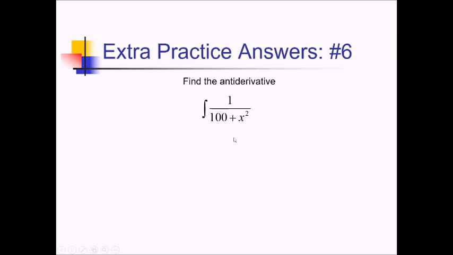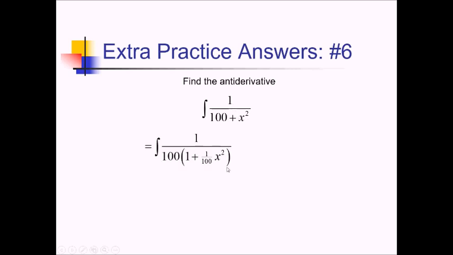To take the antiderivative on this one, it helps if you recognize that this is kind of like having a 1 over 1 plus x squared sort of situation. Not quite, but we're almost there. So eventually I'm going to try to use arctan to take the antiderivative here. But first I need to write this as 1 plus something squared. So to do that, I need to factor 100 out of the denominator, leaving me with 1 plus 1 over